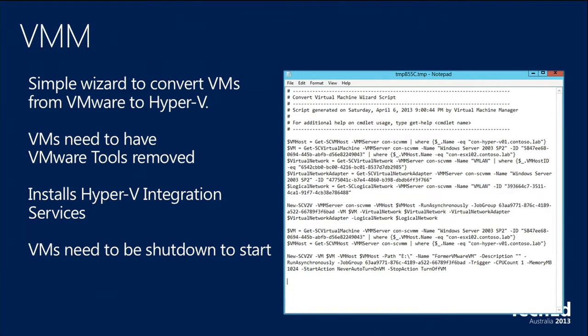So you actually have to jump into the guest, remove VMware tools, and then shut down the guest, and then initiate the migration process with VMM. It will install the Hyper-V integration services for you at the end, but you need to do the removal of VMware tools. And so that, plus it's slow, probably not really the recommended